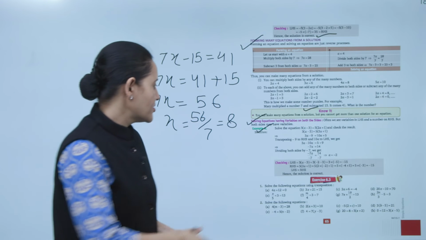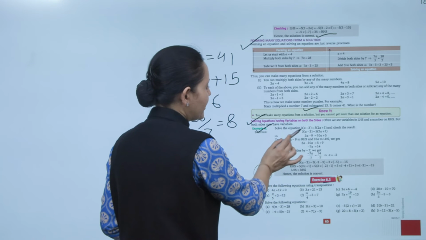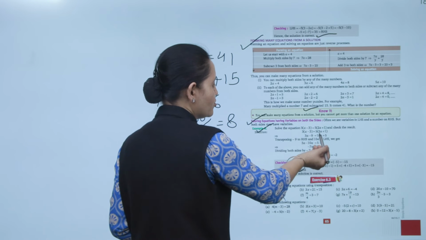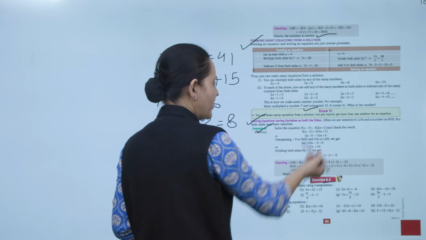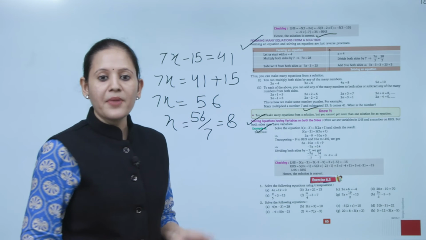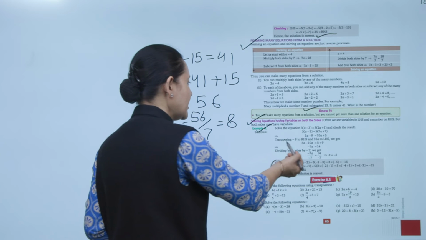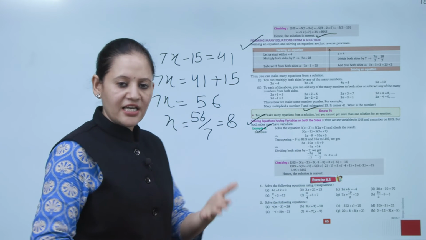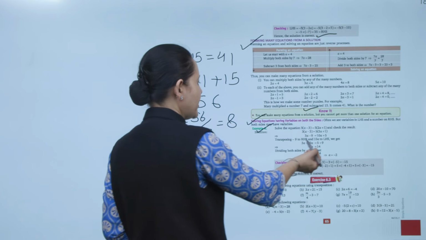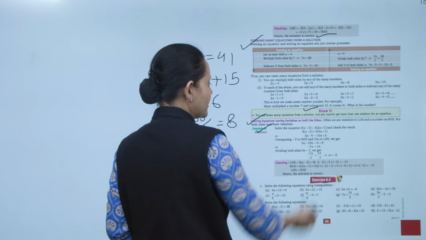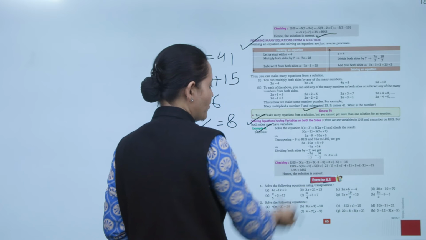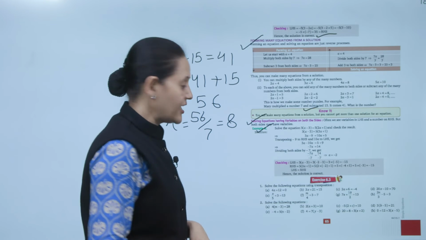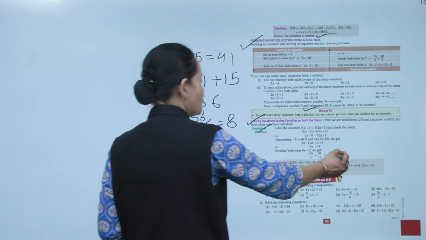Check the result. So first we multiply 3 by a, 3a, minus 3 into 3, 9; 5 into 2a, that's 10a; 5 into 1, 5. Now transposing minus 9 to the right hand side and 10a to the left hand side. So what we'll do, we'll put the variable on one side and the constant on the other side. So 3a minus 10a equals 5 plus 9. So minus 7a equals 14. Dividing both sides by minus 7, we get a equals minus 2.